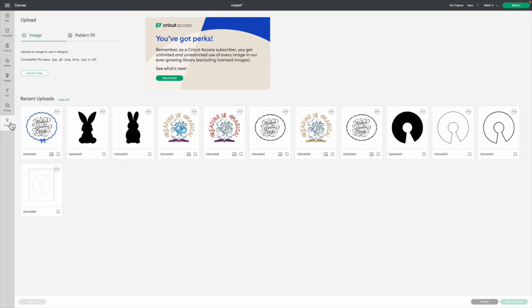Just some things to note when doing this. You must be thinking ahead of what you are going to do with this image. Is it going to be drawn or cut? Or is it going to go on a t-shirt or be cut out of paper? You can look for designs that have already been created specifically to work well with Cricut projects.